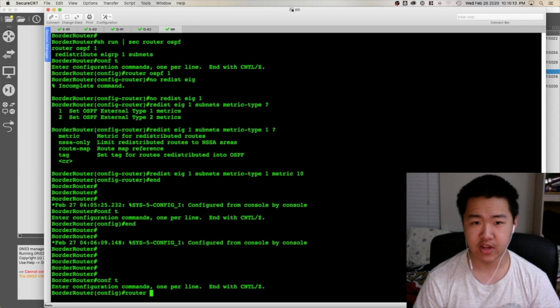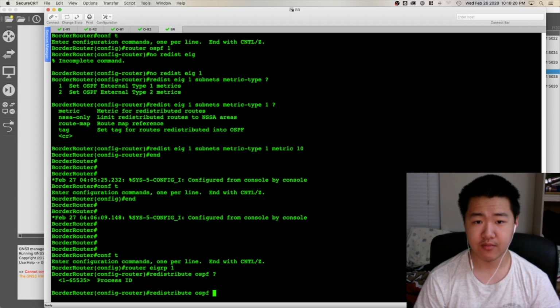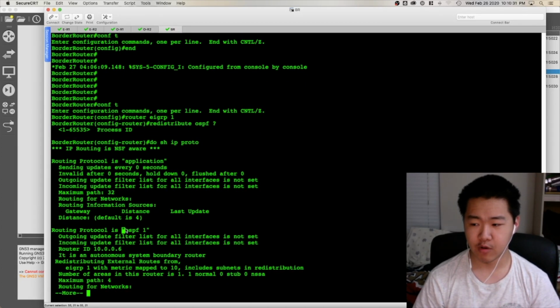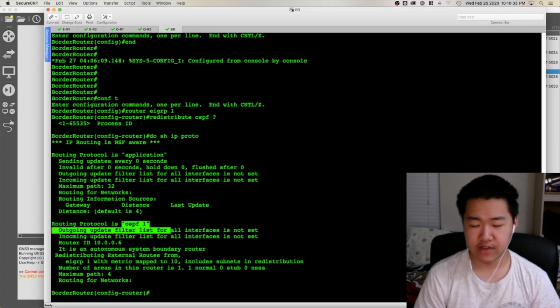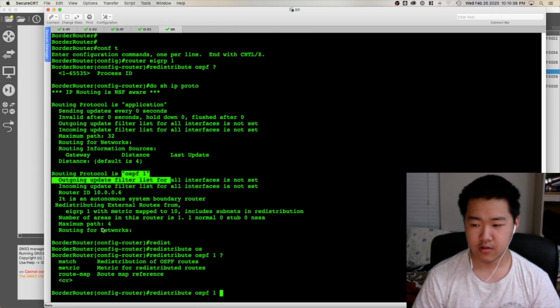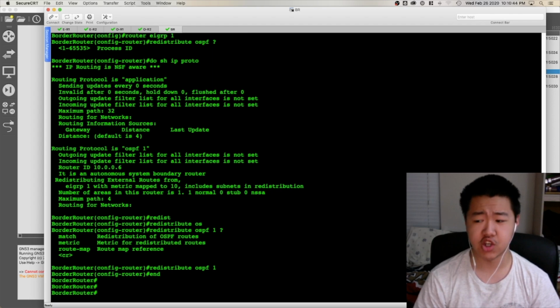So we're going to go into router EIGRP1, and what am I going to say? Redistribute OSPF. What's the process ID? Let's do a show IP protocol. OSPF1. So we have a process ID of 1. So redistribute OSPF1. And here actually, let's just hit enter, because this is one of the ones where I can show you that